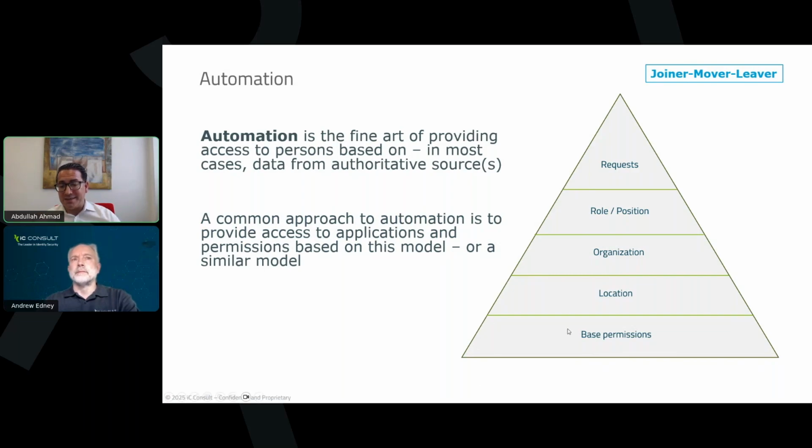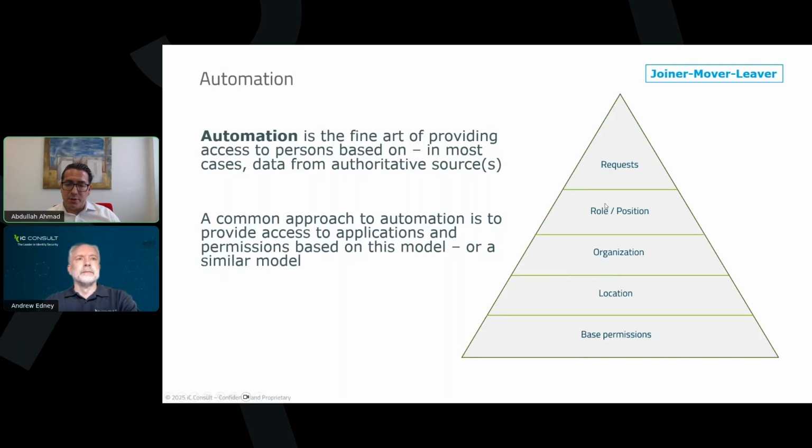Usually, you will assign some base permissions to your employees to make sure that they have access, for example, to your company network. They're able to log in, for example, with an AD account and an email address and so on. Then, of course, you should assign authorizations to the locations. In that case, the users will automatically inherit authorizations of the location where they are. For example, get access to the building door if they're located in that building. And the same, of course, for the organization, in which department somebody is, and so on.